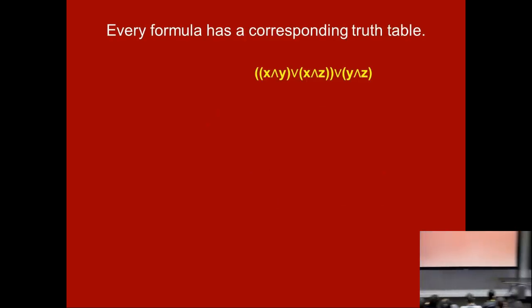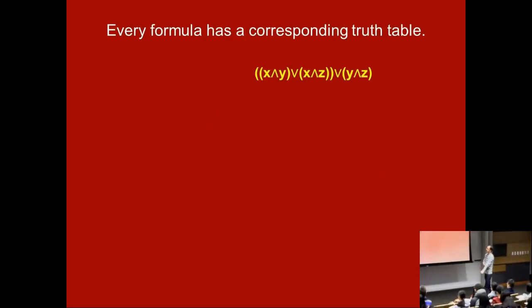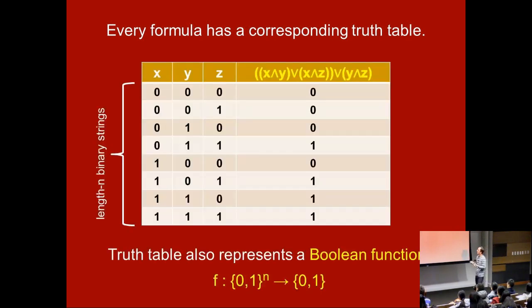These are bits. So one thing that we saw with the formula is that every formula has a truth table. For example, if you have this formula with 3 variables, it has this truth table. And I wrote it with zeros and ones. It's kind of nice actually to write with zeros and ones, right? Because then these rows are all the length n binary strings. Okay, you can just order them by the binary expansion of 0 through 7 in this case. So it's the nice way to organize your truth table.